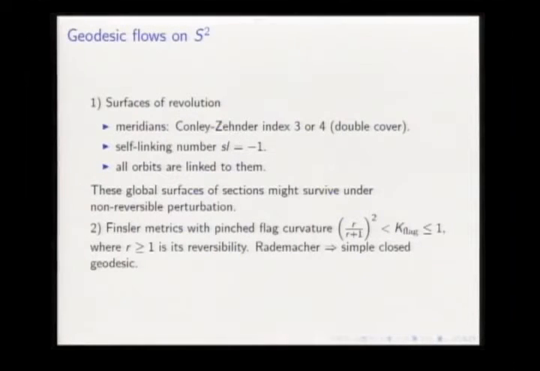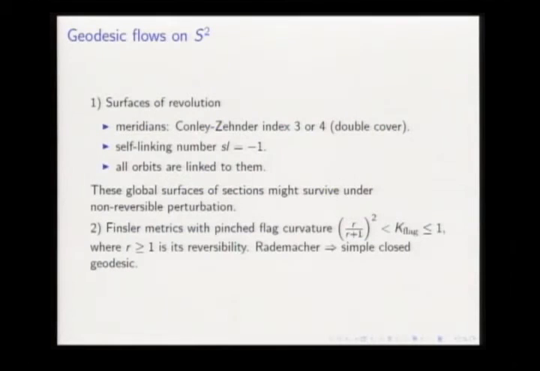Another example is for Finsler geodesic flows on S2, which possibly are not reversible. You have the reversibility of the Finsler metric, denoted by R. It's a number which is at least 1. Exactly 1 when it's reversible. The geodesic flow is reversible, but could be greater than 1. And with that pinching condition on the flag curvature, you have